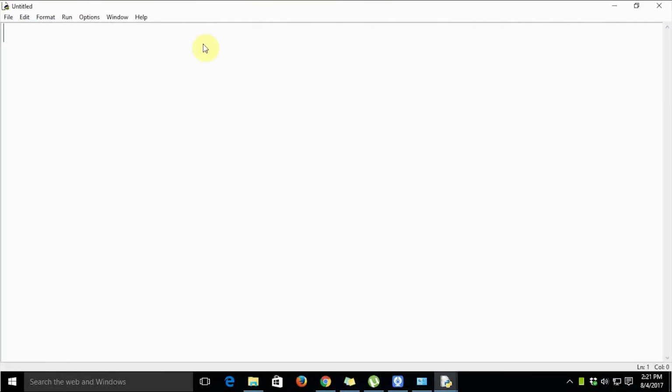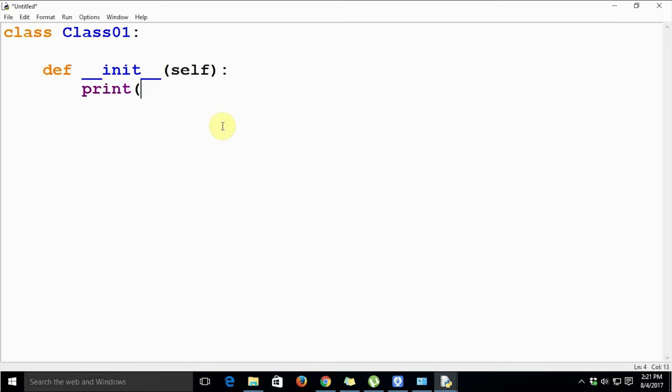Let's create two classes in that. Say class 01, and let's define an initializer method. Let's print something.